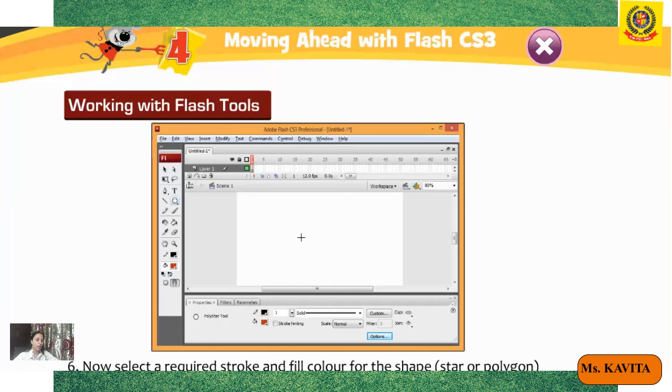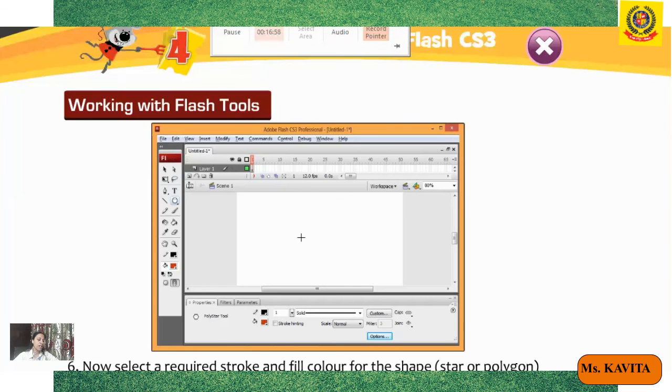Click the style drop down and select polygon or star. If you want to draw, enter a value for the number of sides. Suppose 4, 5, 6. Enter a value. You can create an object for star style. You can specify the additional option for point size. Suppose 1.0, 6.0. So you can create an object.